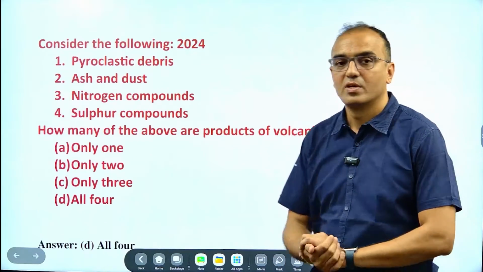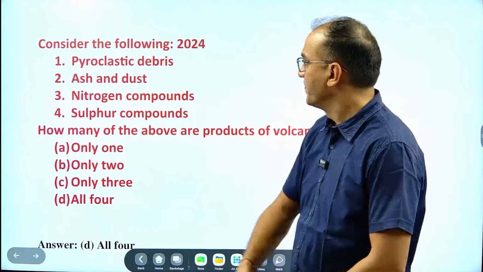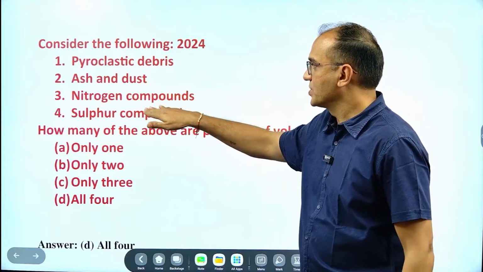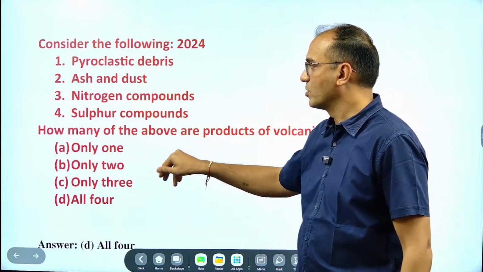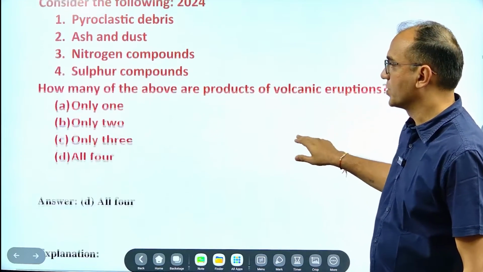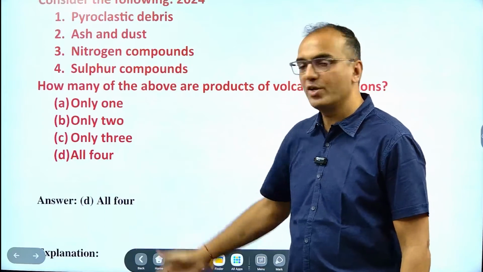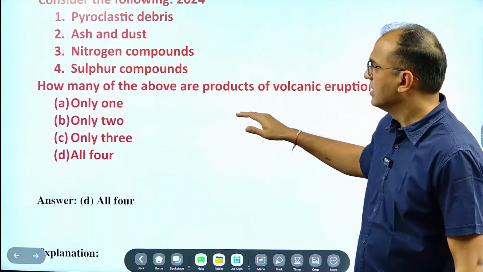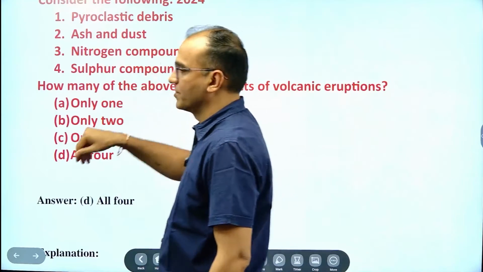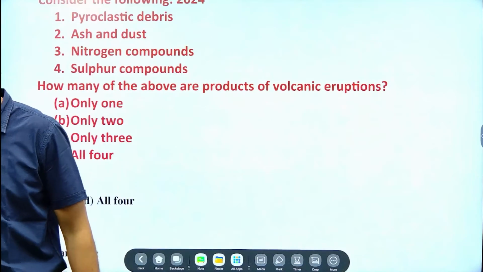Again, let us look at the next question. Consider the following: pyroclastic debris, ash and dust, nitrogen compounds, sulfur compounds. How many of the above are products of volcanic eruption? Only 1, only 2, only 3, only 4. Right? Ideally, if you look at a volcanic eruption, you get this,